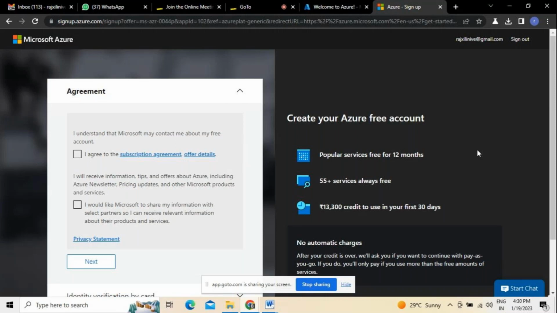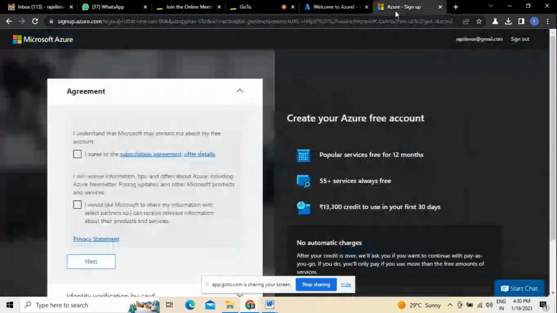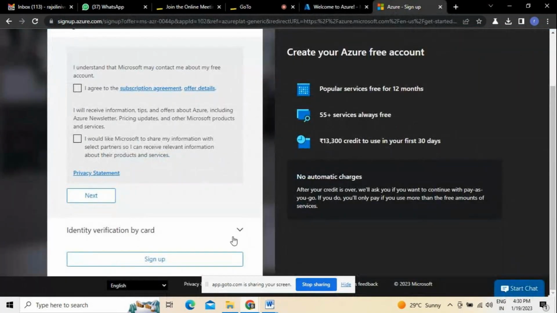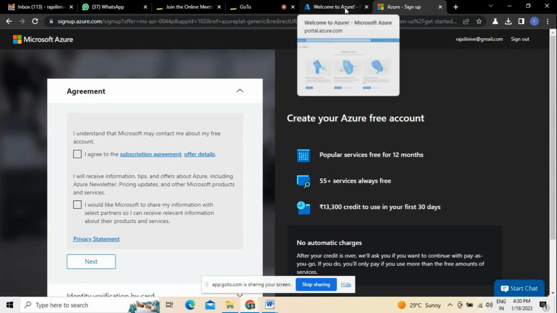Of course, they don't charge anything for that, unless you are selecting any pay-as-you-use kind of service. Otherwise, we don't require anything else, right? So generally we need to provide some card information, wherein we need to identify and verify the card details, so that the related and required information can be added to the existing one. This Azure account will be used for the next 12 months, and whatever related and relevant activities need to be maintained can be maintained for the next 12 months, which is the advantage we have under Azure.